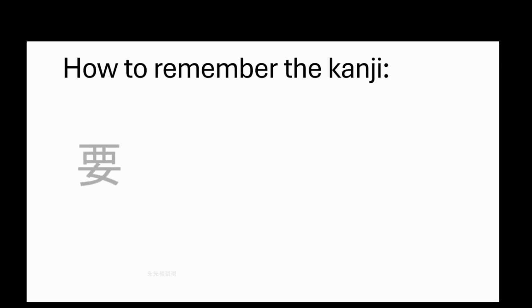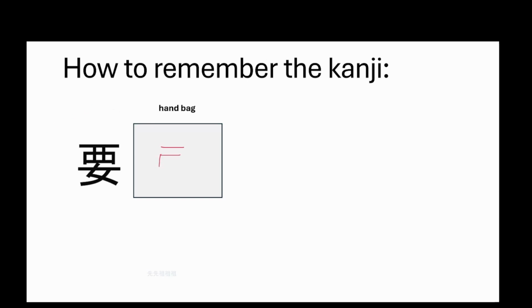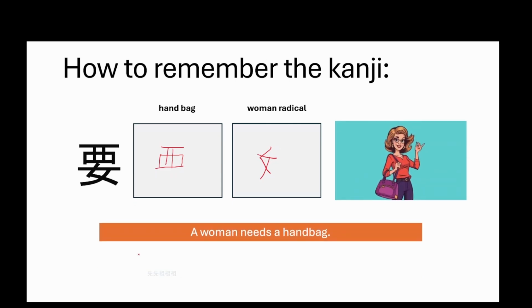How to remember this kanji? At the top of the kanji is something that looks like a handbag, and it has 6 strokes. So that's 1, 2, 3, 4, 5, 6. And then on the bottom of the kanji is the woman radical, which has 3 strokes. 1, 2, 3. We can also remember it with the sentence, a woman